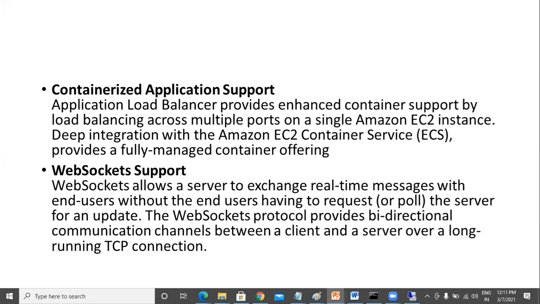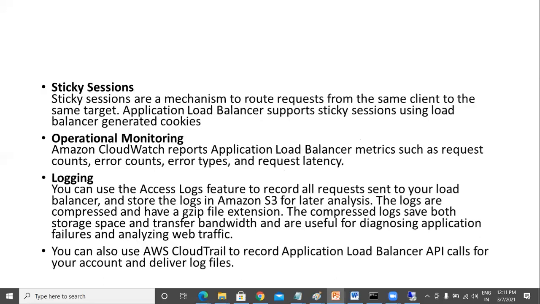Let's take an example, right? Whenever they want to make any changes, it should work in real time. It should communicate, right? Amazon supports WebSockets and real-time messages. It communicates bidirectionally between client and server, so that whatever changes are happening, the server gets updated automatically without the end users having to request. That is one of the features of WebSocket.